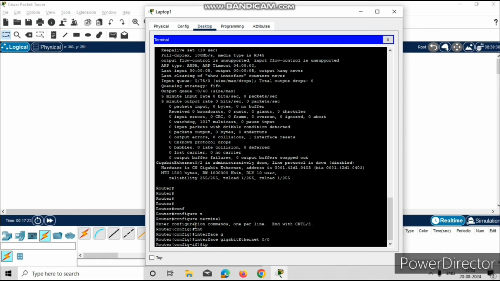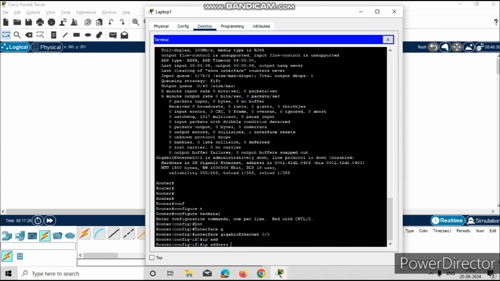Okay, now assign the IP address. You should give the same subnet IP as what you gave to the laptop, but the IP should be different, but the subnet should be the same. Like I have given the class A IP on the laptop, so you have to give the class A IP only. Okay, so 10.0.0.50 here I am giving. On the laptop I have given 10.0.0.1. Okay, but on the router I am giving 10.0.0.50. You can take any number here except what you have given on the laptop. Okay, so 50 I am taking, and subnet mask